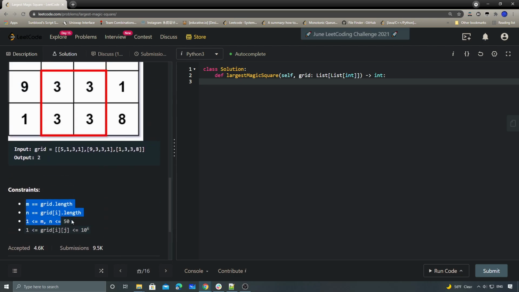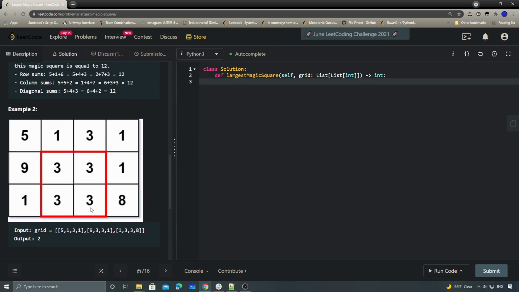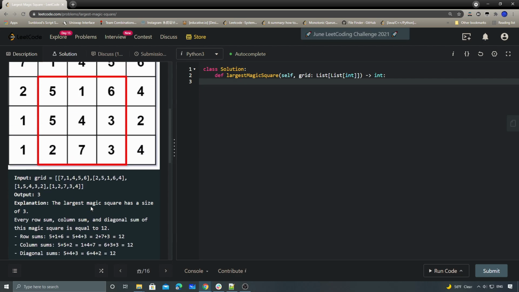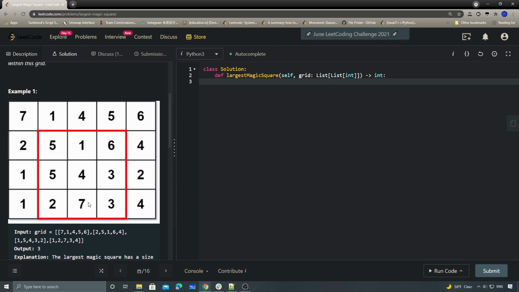There are some constraints like m and n are at most 50, right? So for this one, I think there's no fancy solution here. It's pretty straightforward. Basically, we just need to check all the possible squares within this grid, and for each square, we check all the rows and all the columns, plus those two diagonals, right? If they have the same sum,